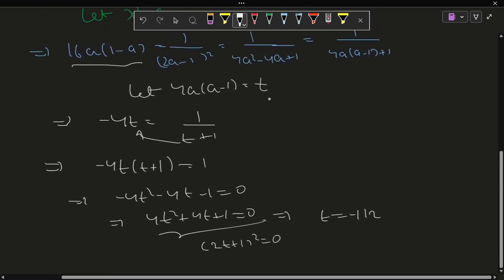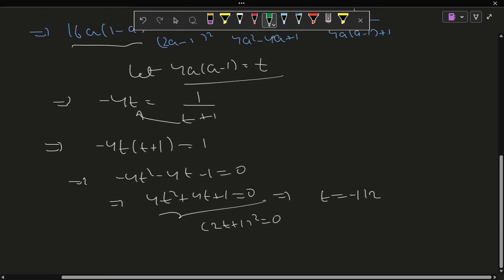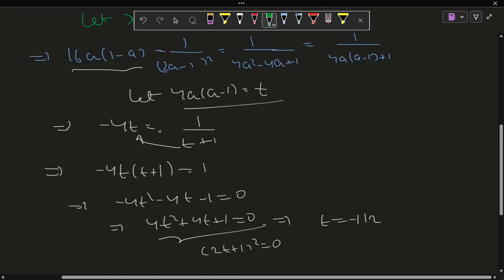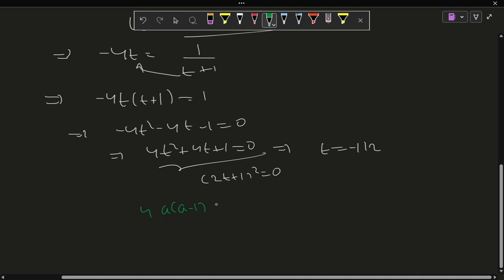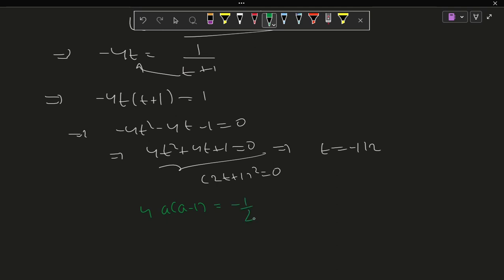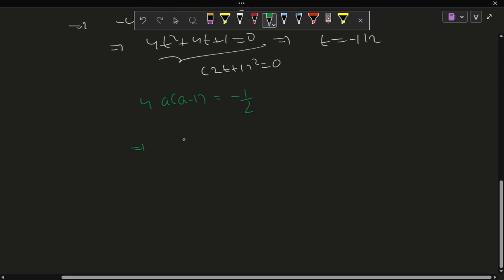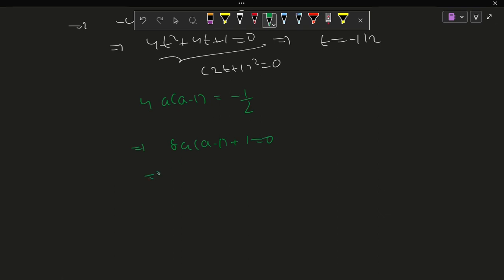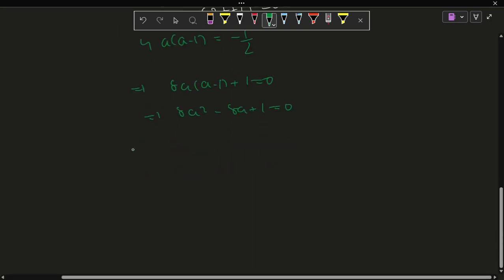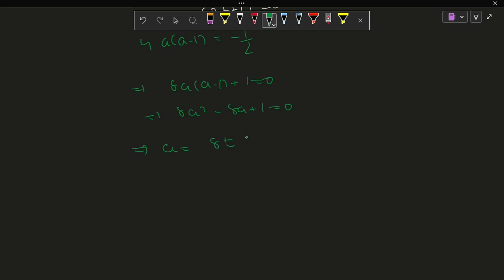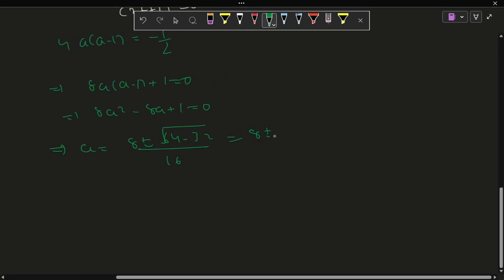Now let's substitute for solving for a. So we have 4a into a minus 1 as minus half. So we solve for a from here. 8a into a minus 1 plus 1 is equal to 0. 8a squared minus 8a plus 1 is equal to 0. Or it can be written as a equals 8 plus minus root of 64 minus 32 upon 16,